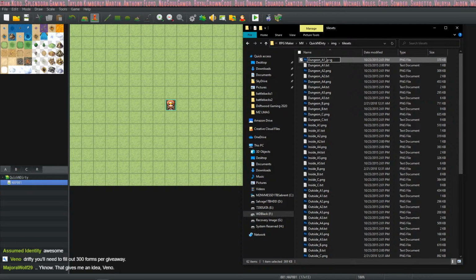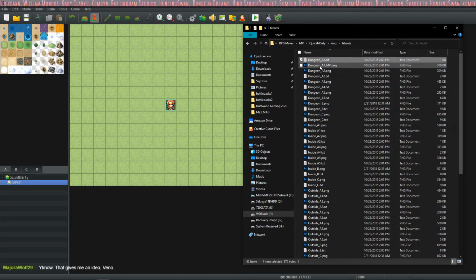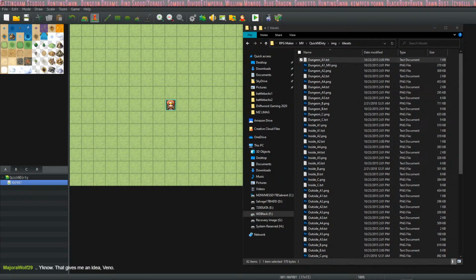You write some code that will just look at every file within a set folder, and then affix by applying a rename. So you affix an underscore MV to every file in that. Not after the file extension, but the file name. So not png dot underscore MV, but like dungeon underscore A1 underscore MV. In fact, what I'm going to do is copy these three. And then you just run it. You just .bat, you know? Do I need the text file too? What do these text files even have? Oh, I do.